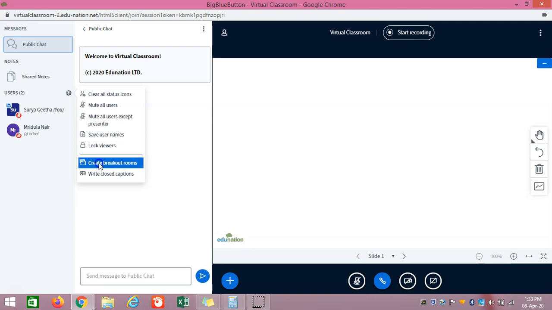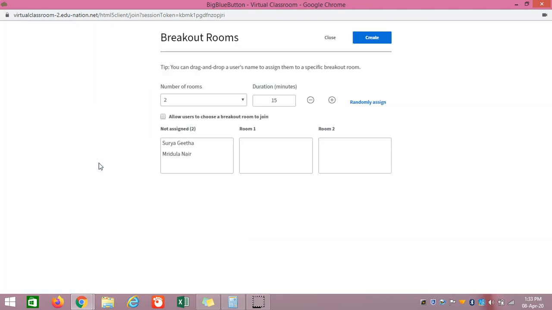Here when you click it, we can see the breakout rooms. Here it's showing us two rooms. We can split the class into two, like one student into one room and the other student into the other room. And here we can make the students a presenter. We are not using this much, so we can mention the time duration for how long it can be used, but we can discuss it later.